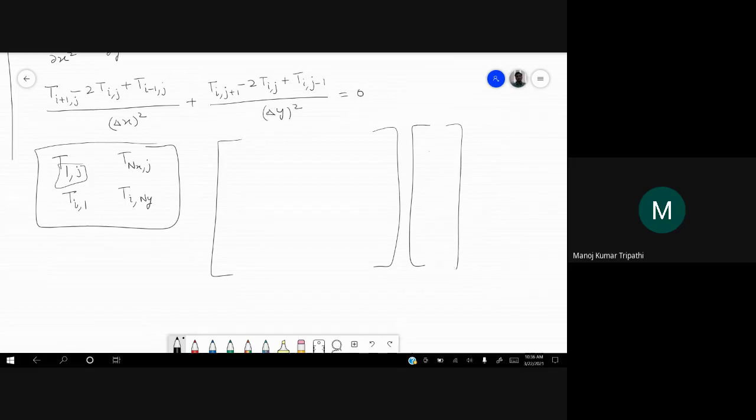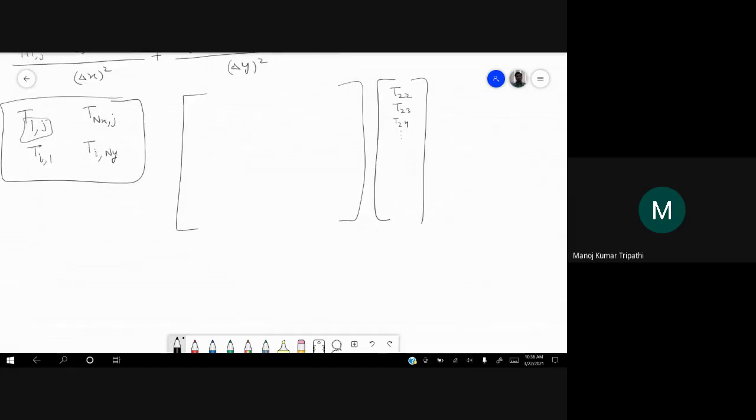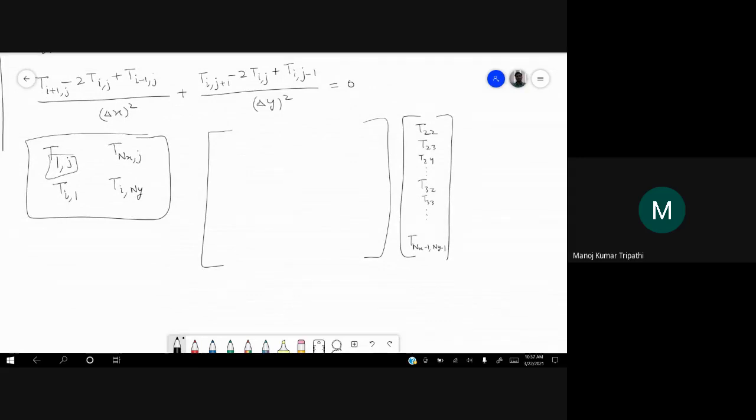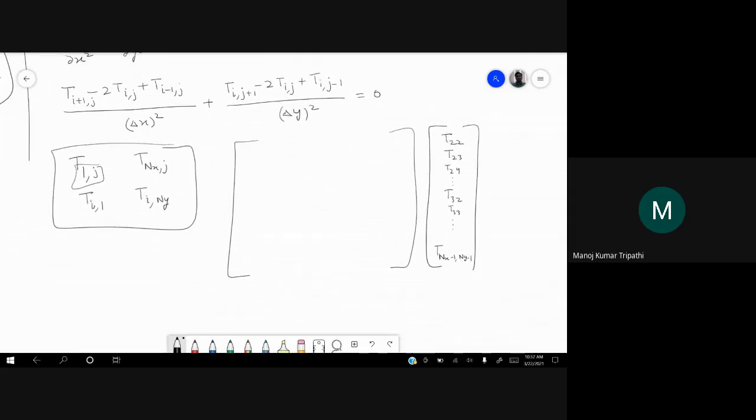Let us say we know these values via Dirichlet conditions. So we'll start from T22, T23, T24 and so on. T32, T33 and so on up to T(nx-1, ny-1). Now what are the coefficients here?